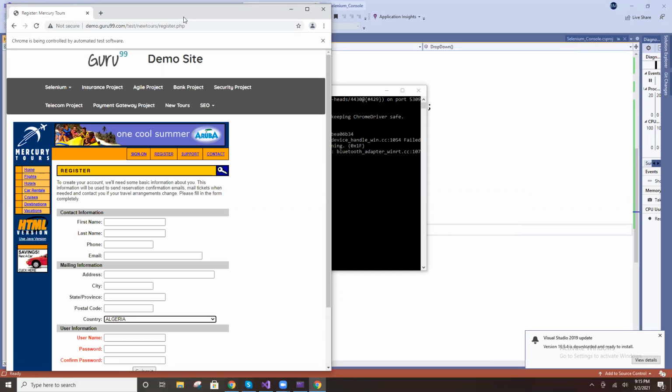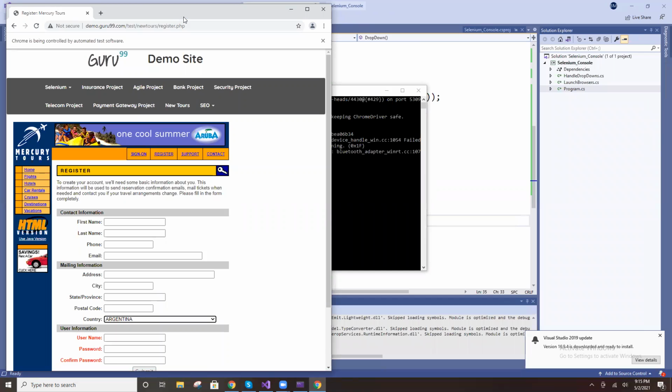Then second one, American Samoa. Third one. Yeah, three ways are there, right? You can use any way.